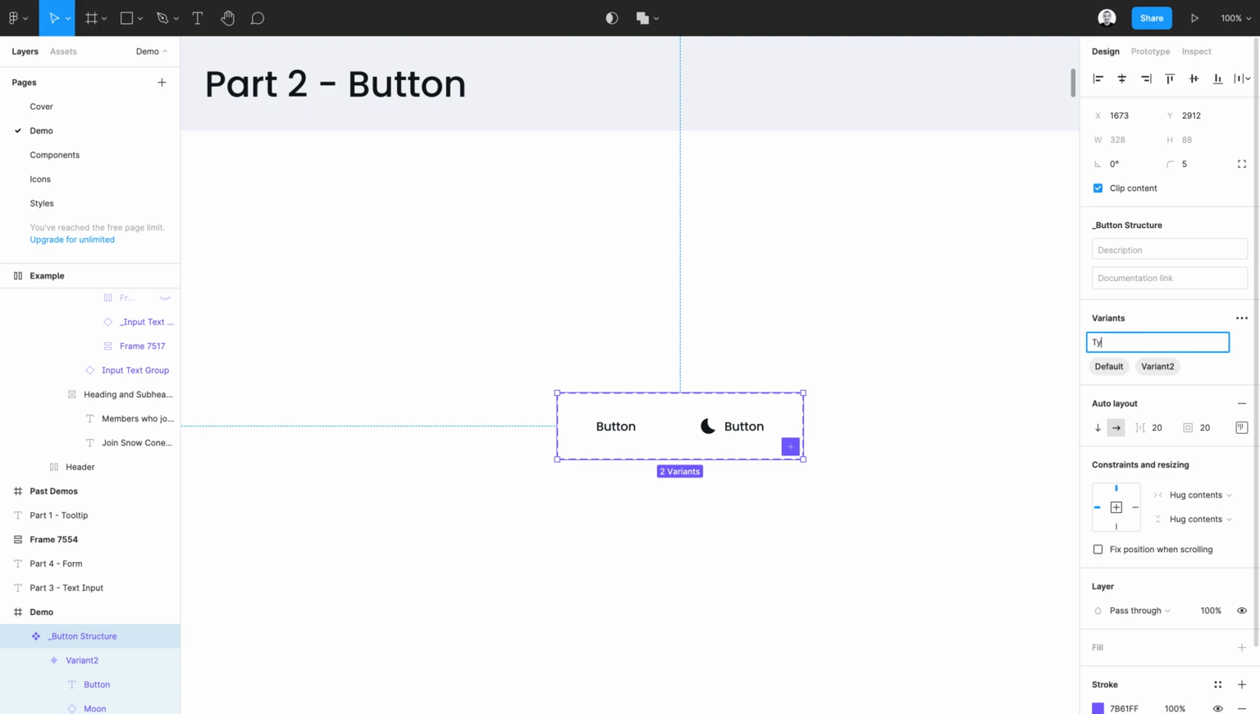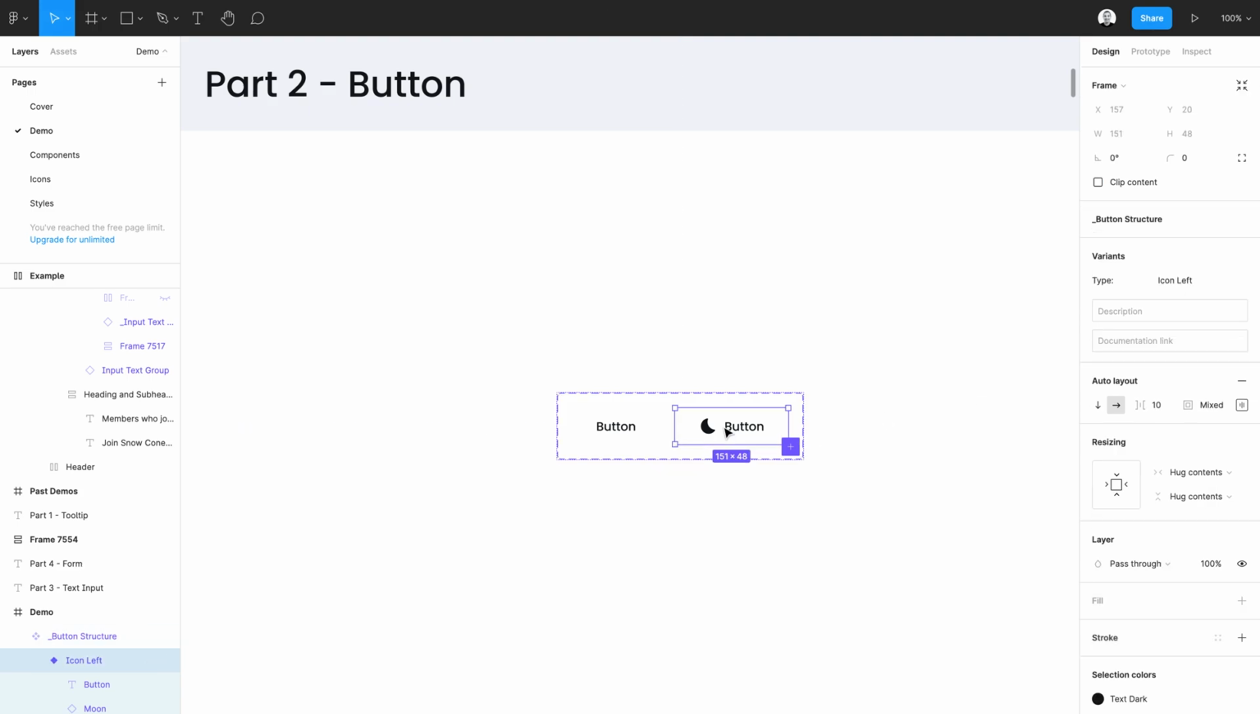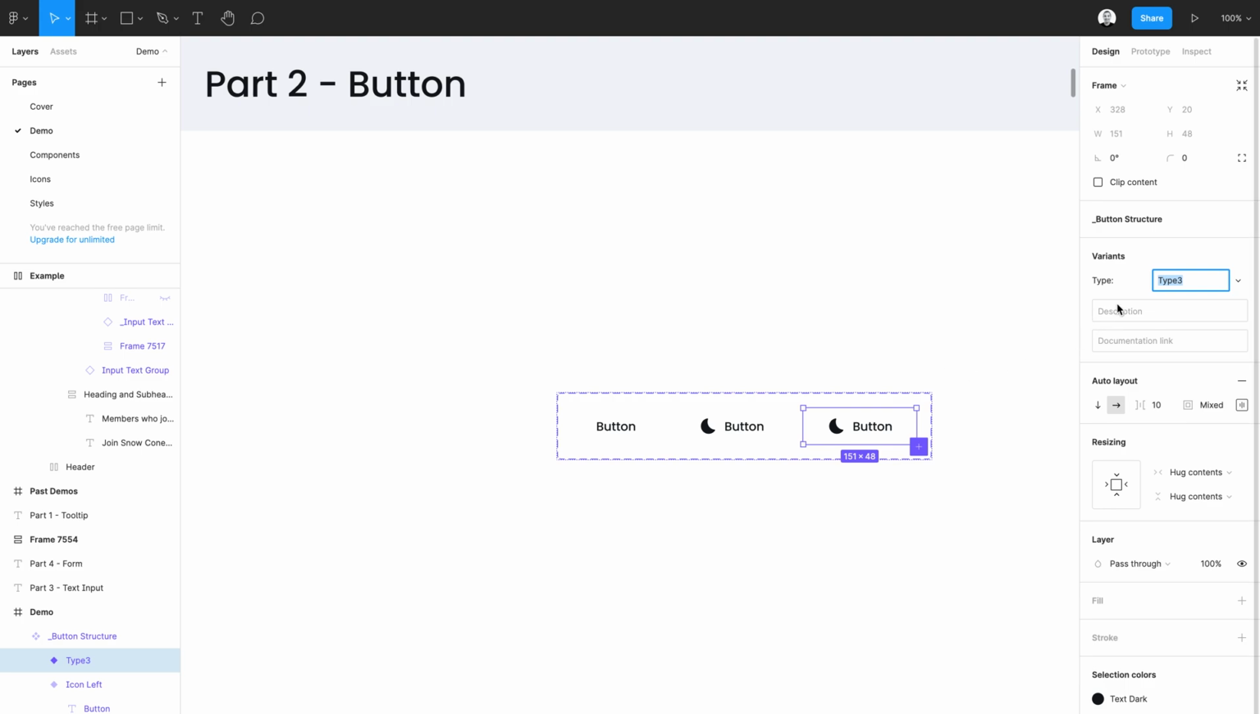Okay, cool. So now that we have our two buttons here, I'm just going to go ahead and rename this property to type. And I'm going to name the default one text only. I'm going to name my second one icon left. And I'm going to go ahead and create an additional one with the keyboard shortcut Command D and rename this